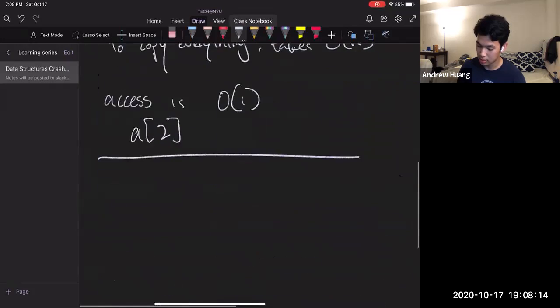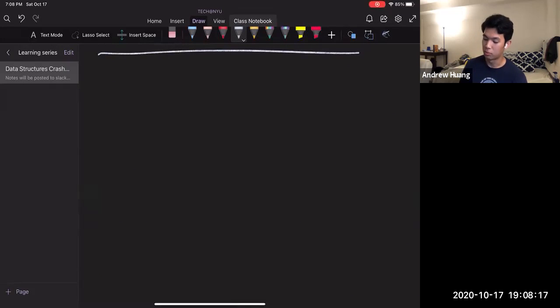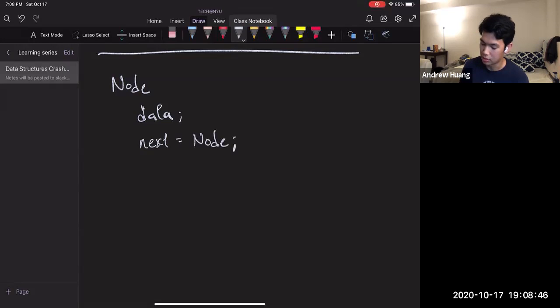Okay, next, linked list. This is probably one of the more important base classes you want to know. And at the core of linked lists, you have the node class. Basically a node for a singly linked list, which is what we're going to talk about first, is going to have its own data type. So let's say, I'm not going to give it a type yet, just call it data. And then next is going to be a pointer to another node. And then you wouldn't really have anything else, but at the core of a linked list, the object is going to be,